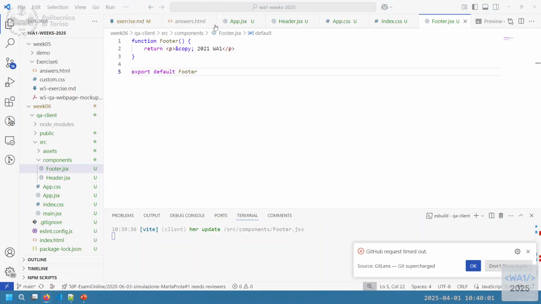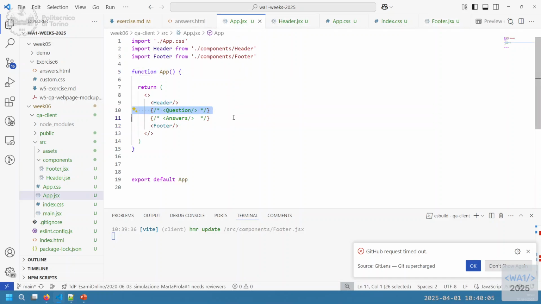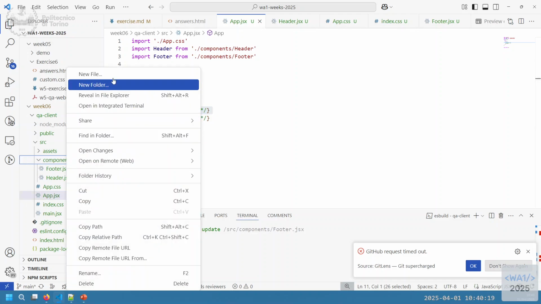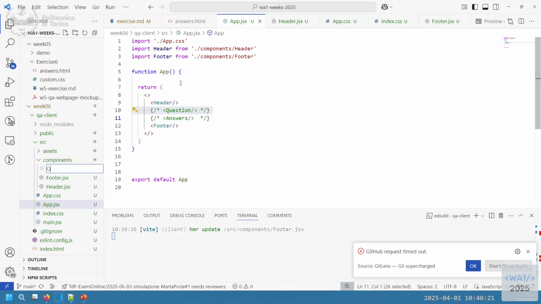Like we said, we come to the interesting part of the exercise. The question is a component that, of course, renders the top part of the page, but needs some information, some properties. So we can imagine. Let's start from the component. I create a new component called question.jsx